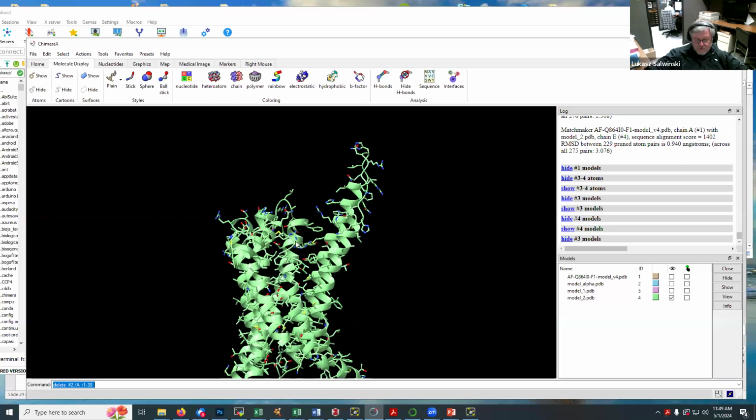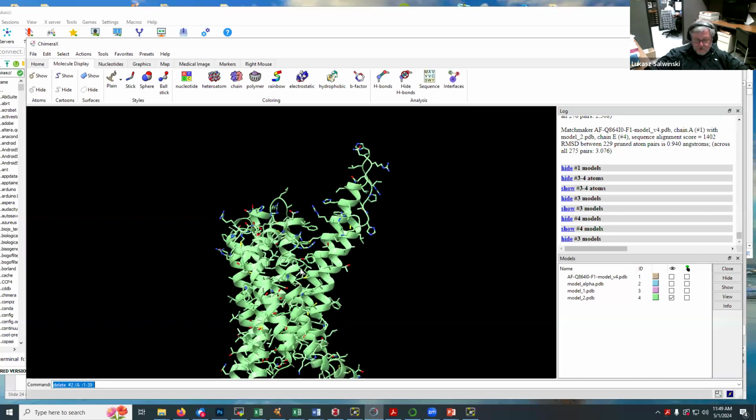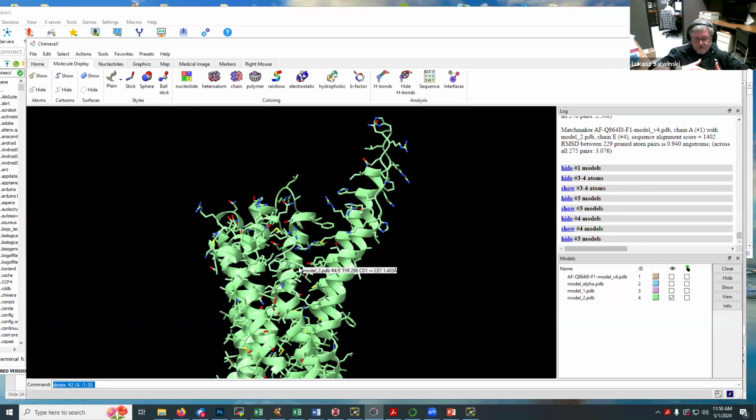It's informative to play with the models compared. It's informative to compare different models generated for the same protein, because then you can pick up regions that are modeled consistently in the same way. You're going to pick up regions that are modeled in different ways, and those observations are informative. They can tell you something about what's going on, and you might be able to sort out things that are